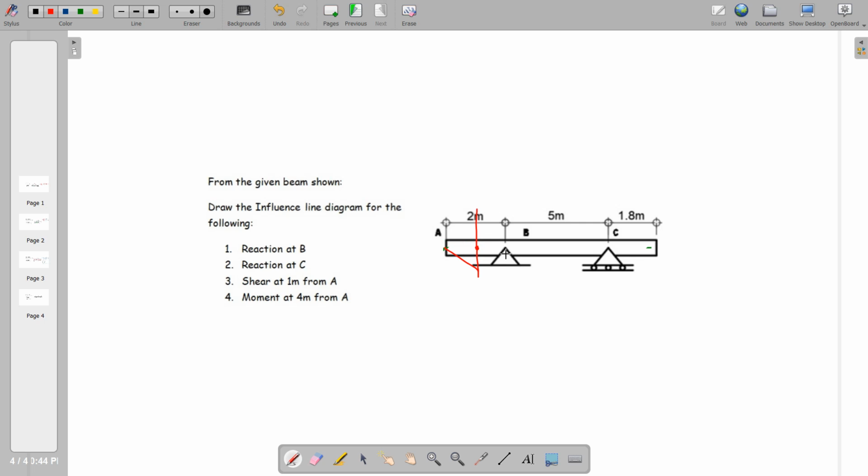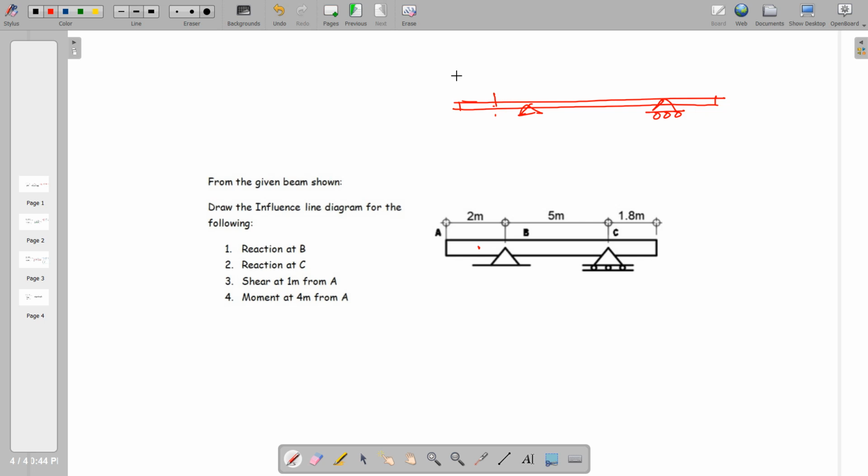Okay, and we have no way how to deal with this because two support reactions are present on the right portion. So when we have an overhang, we'll just have to let that shear go up,